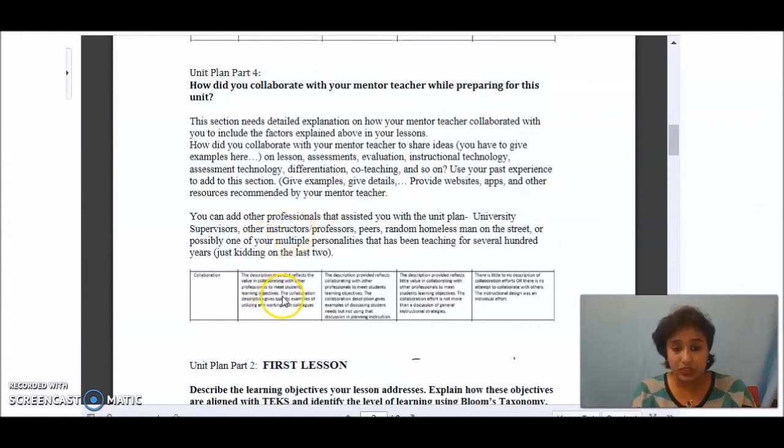So this talks about collaboration, utilizing and working with colleagues. The rubric doesn't actually say mentor teacher, even though this question talks about the mentor teacher. So you can draw on some of your experiences if you've had a mentor teacher before, if you've had Block B. Otherwise, you can talk about specific information on how you have collaborated